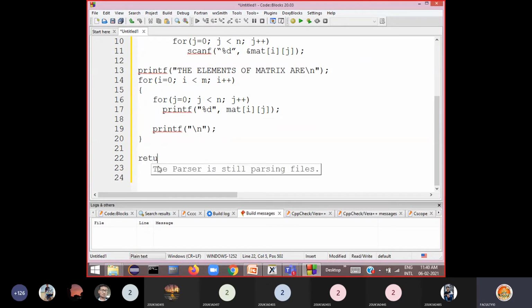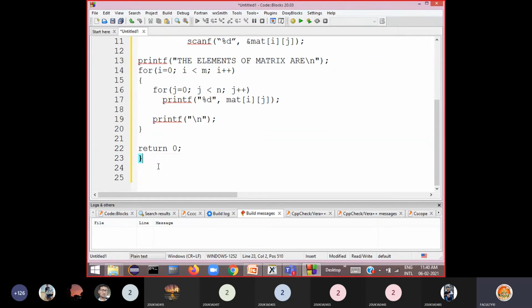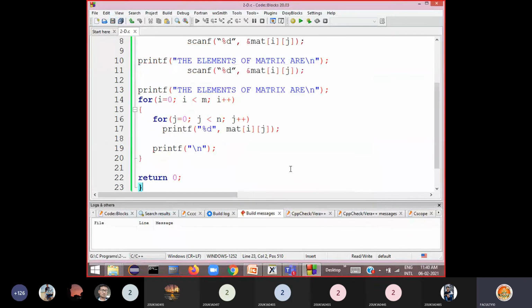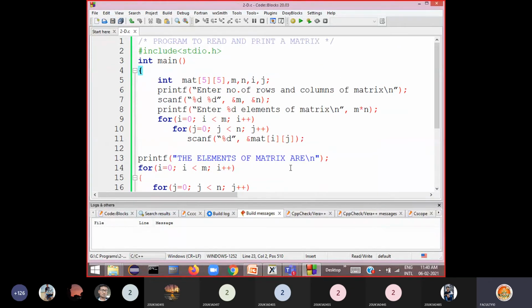Then finally say return 0. Then close the program. Okay, so let me save this. So I say this as 2-dimensional array. Okay, right. Now we'll see its execution.